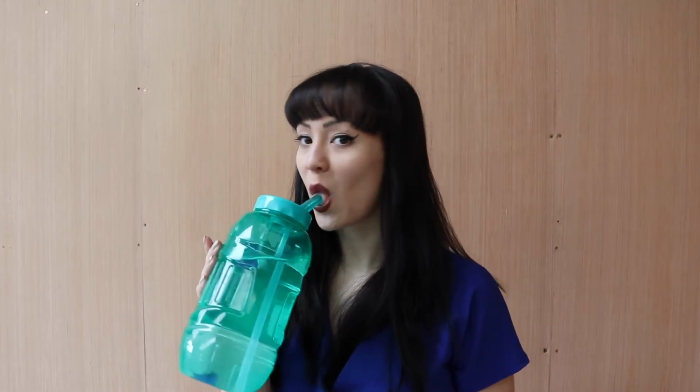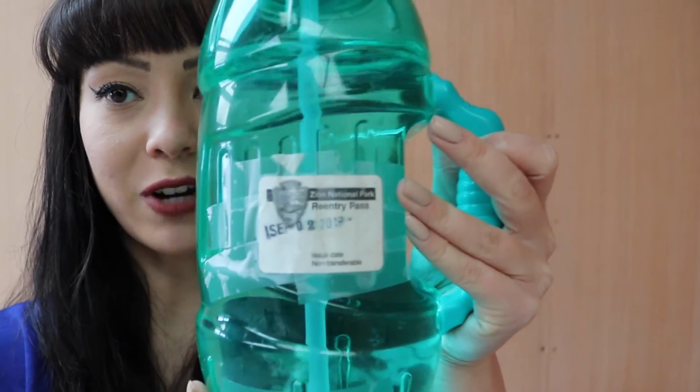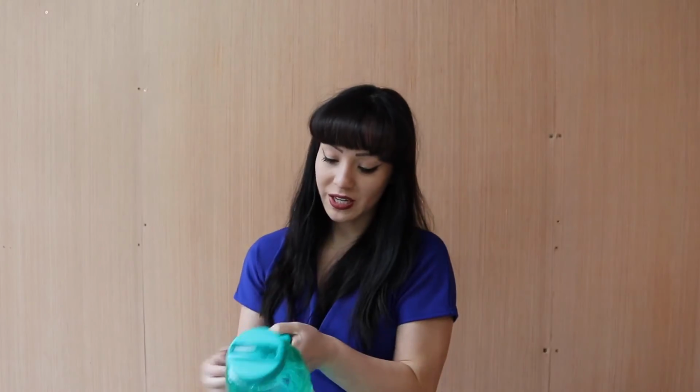A water bottle. Now this is mine. It is massive. I'll give you that, it's massive. But it's just so handy. So I went to Zion with camp. It's got the re-entry pass. I got this because I worked in a summer camp beforehand, and this was so handy because in America it gets so hot during the summer and it just lasted, I still had to fill this up like 3 times. And yeah, it is quite heavy, but then it does come with a handle,